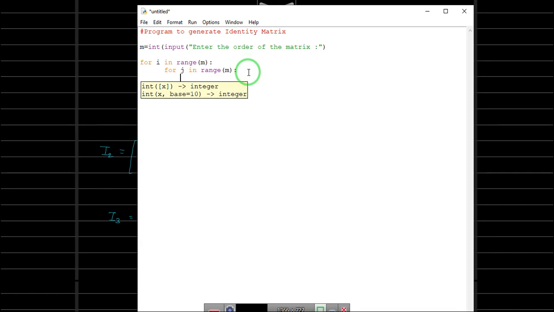For this we will take two loops. Say if i equals j, then something happens. What will we print? We will print 1, and to get that matrix in a proper way we will write end equals double quotes. We will see what is the effect of this. Okay, and if not,